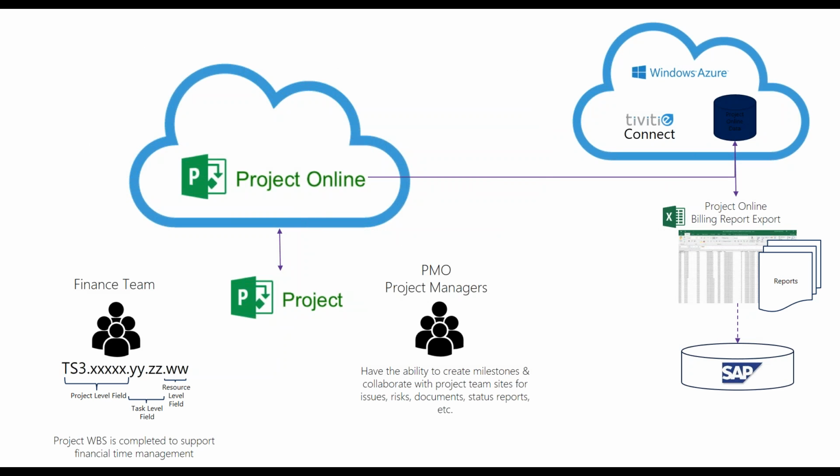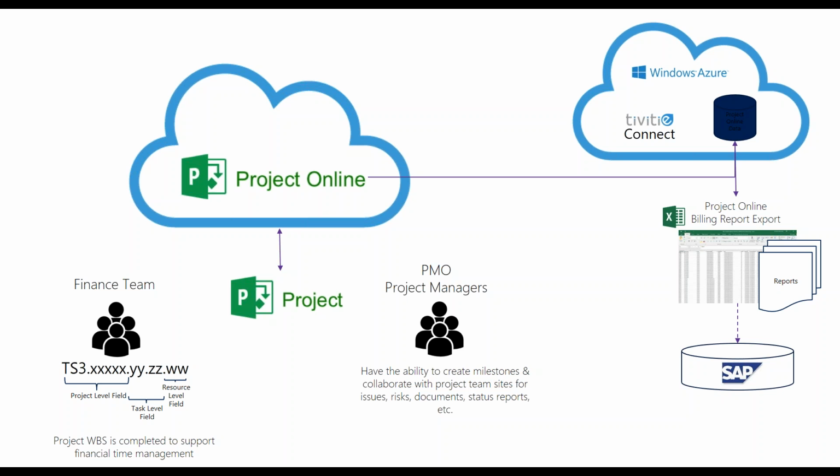So this is an example of an organization that's basically taking a stage one, a step one. You've got your finance team that has their WBS that has to be maintained and have consistent integrity across the board from how the actuals are getting tracked against those entities. So in Project Online, you can set up different fields that can capture your project, your task, and resource level entities that can then be allocated to those different timesheet items that you're tracking on within the project schedule itself.